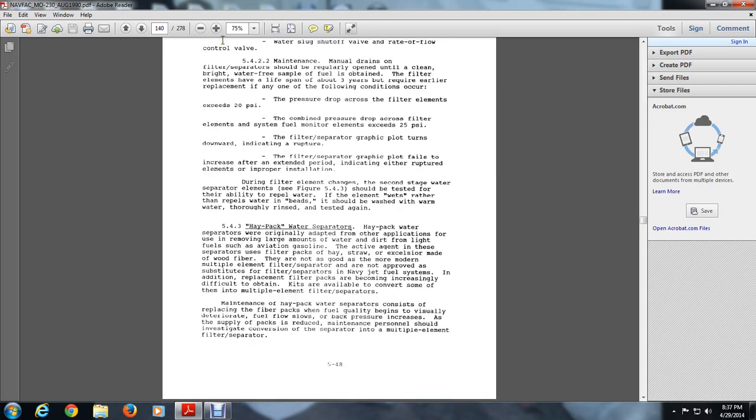It goes through what's known as the Haypack water separator, the 5.4.3 Haypack water separator. The Haypack water separators were originally adapted from other applications, used for removing large amounts of water and dirt from light fuels such as aviation gas, and the active agent is separated through the use of filter packs of the Haystraw